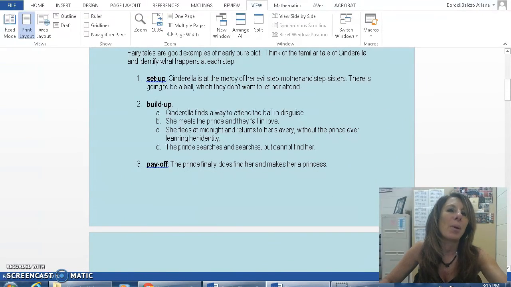And you can always revert back to Cinderella if you need to look back at an example of how it fits into a story. And we will work on plot starting on Monday, because tomorrow is a